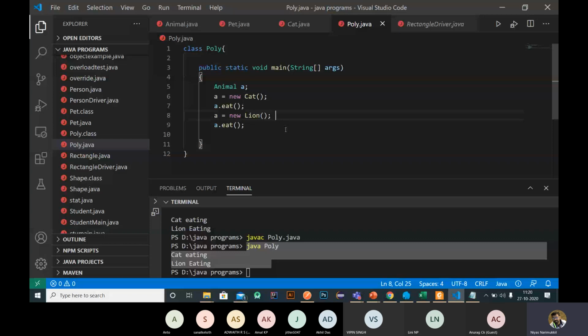For example, function overloading is another kind of polymorphism, because the function name is the same, but the implementation is different. But it is not actually polymorphism. Actually, polymorphism means one variable can be controlled by different objects. So that is actual polymorphism, and this is an example of it.